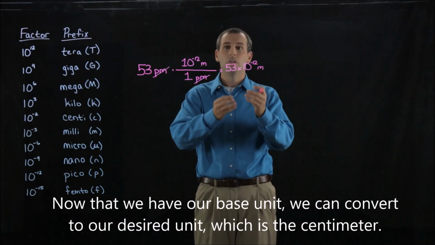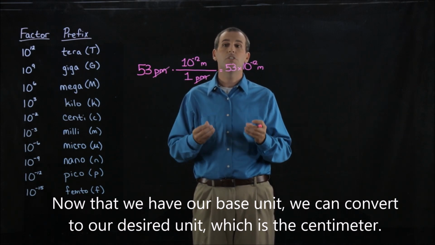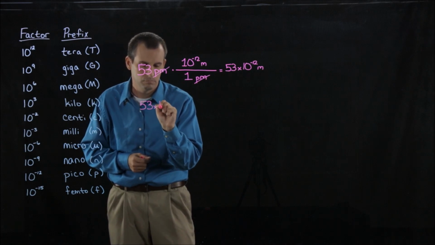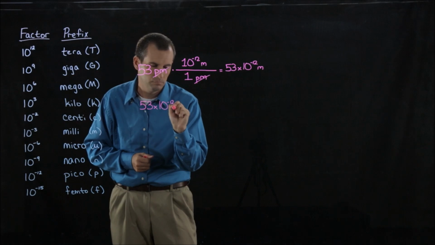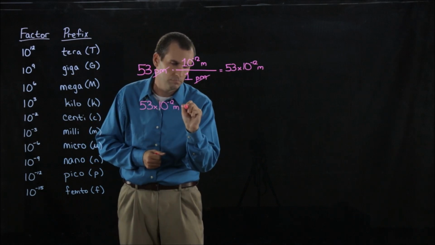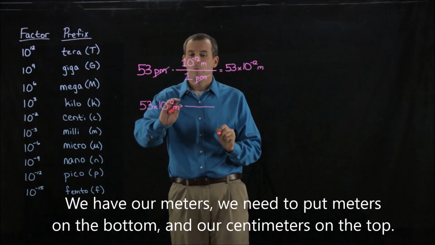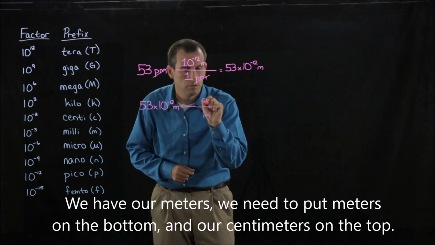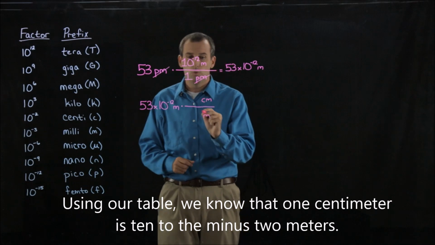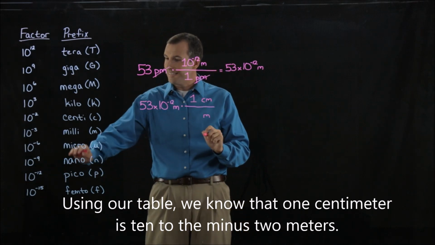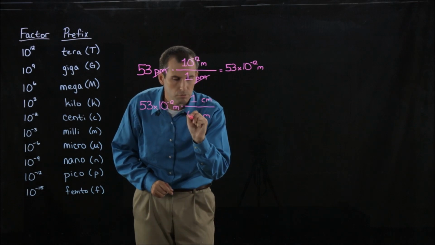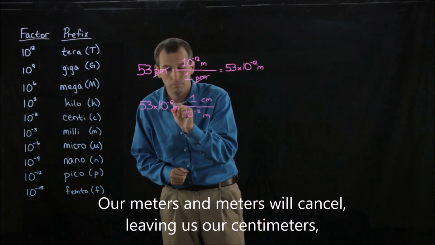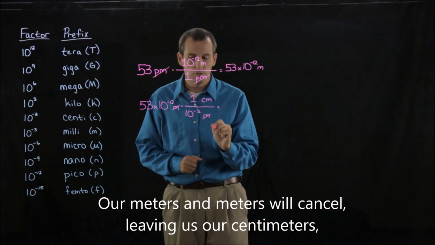Now that we have our base unit, we can convert to our desired unit, which is the centimeter. We have our meters. We need to put meters on the bottom and our centimeters on the top. Using our table, we know that 1 centimeter is 10 to the minus 2 meters. Our meters and meters will cancel, leaving us our centimeters,